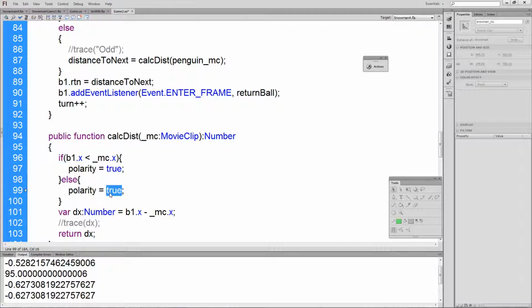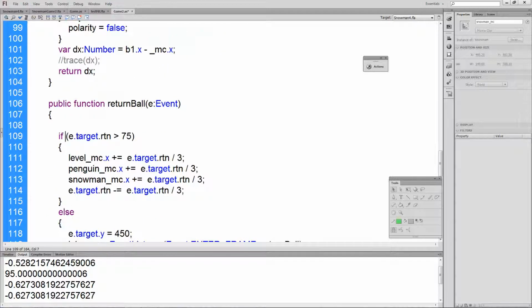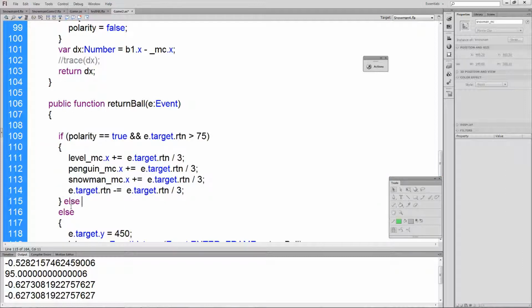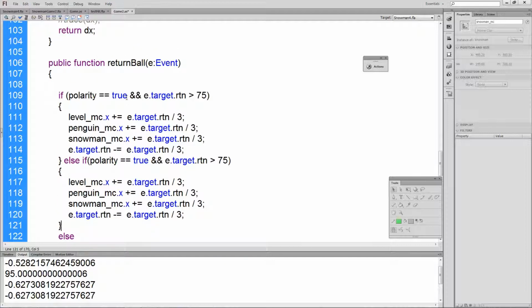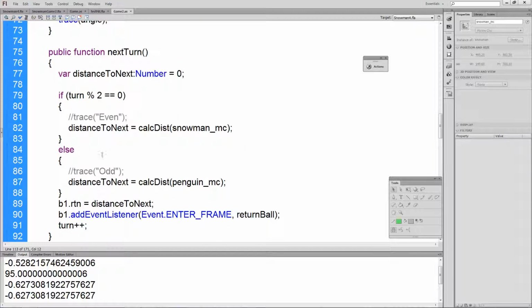And then we need to respond to that in the return ball function by saying that if polarity equals true, and otherwise, I'll just borrow this bit, we'll put an else if in, check that it's false, the value will be the same, and we'll make sure of that because in our next turn function